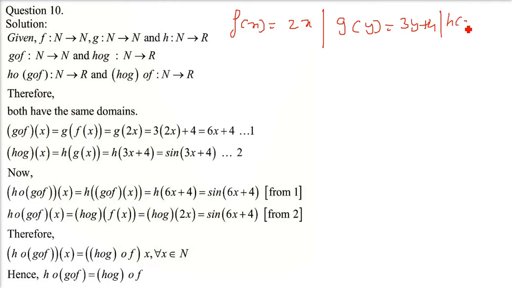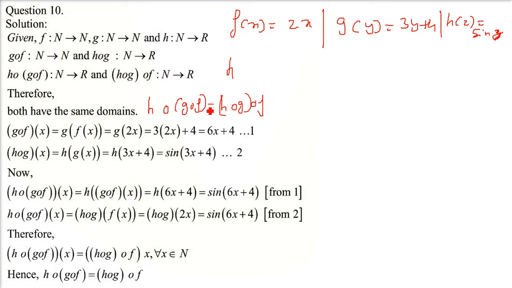But this is an NCERT question. So f(x), g(y) and h(z). Don't worry about this x, y, z because it's all same. You can write it as g(x) also and h(x) also, doesn't matter. So h o g o f. g o f we will do first, then we'll do h o g first and then operate it with f. Right? So basically what we have to do? h o g o f, g o f first. So we have to show it equal to h o g of f, verify.